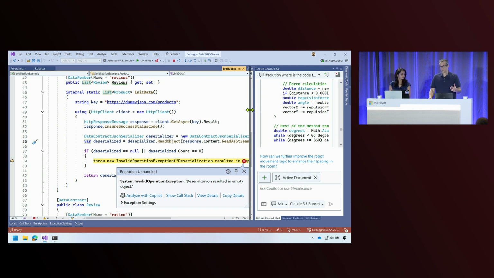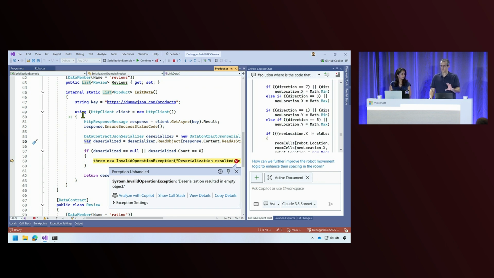The other comment I want to make about this is, while this code is not production level quality, there's nothing inherently wrong. There's no logic error here. The problem is there's a mismatch between what the client expects and what the server side sends back to us. So if we just ask Copilot without this context, if we tell it, hey, can you fix my issue, Copilot will make some guesses, but it will not be able to get to the root issue or validate it. Let's see how Exception Assistant works in this case.